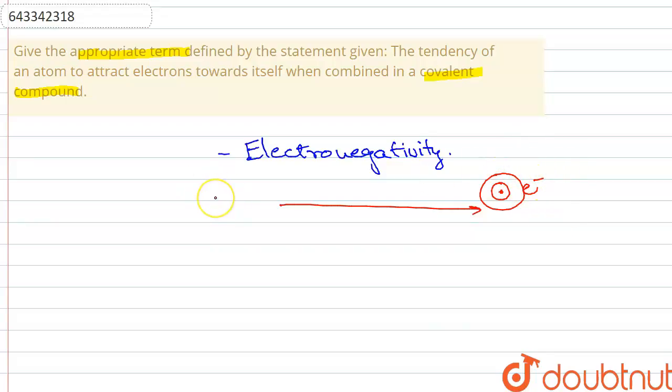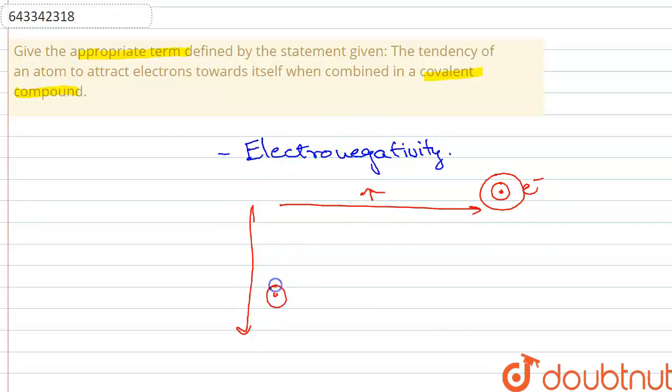octet, whereas in the left side of the periodic table we have the alkali metals that have 1 electron in their outermost shell, and instead of adding 7 electrons to complete the octet, they will lose that 1 electron to attain the noble gas electronic configuration. So these elements won't be readily accepting electrons, but they will be readily losing electrons for completing the octet. So electronegativity increases as we go from left to right, while as you go from top to